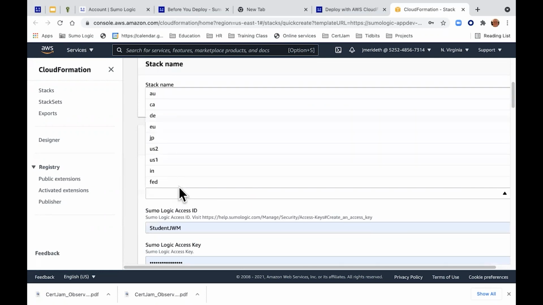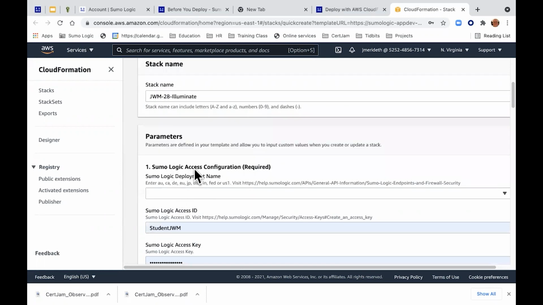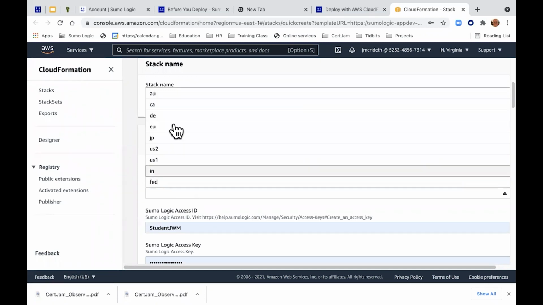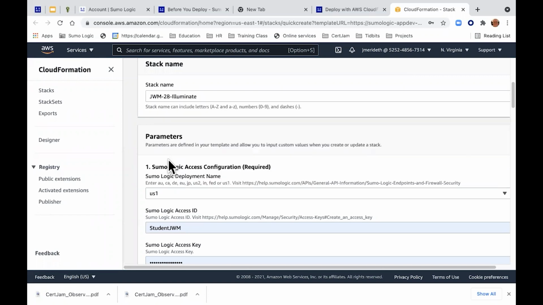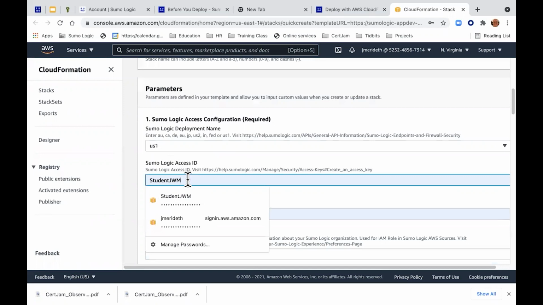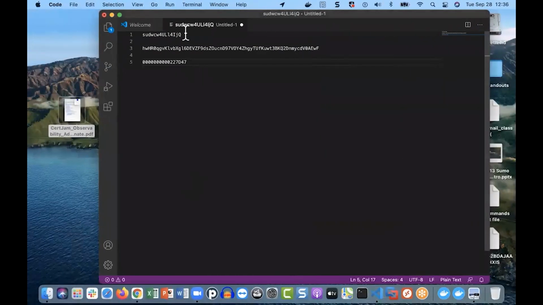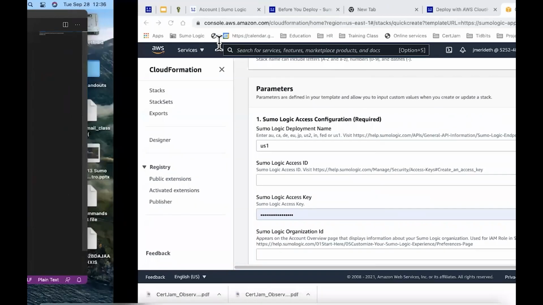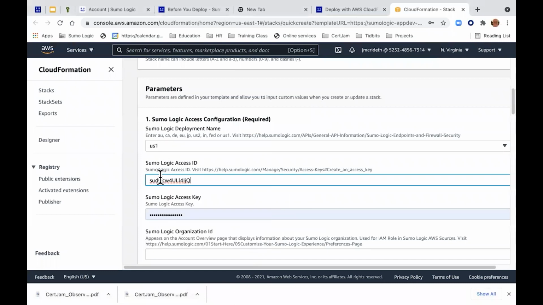Now for my parameters, it wants to know where the Sumo Logic deployment is. Our training Sumo Logic deployment is US1. That's where it is, US1. Okay. Then it wants our access ID and our access key. So I'm going to get rid of what's here. Remember earlier we created an access ID and an access key. I'm going to copy that from my text file, paste it,